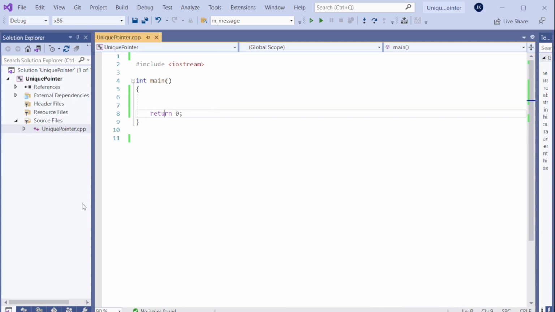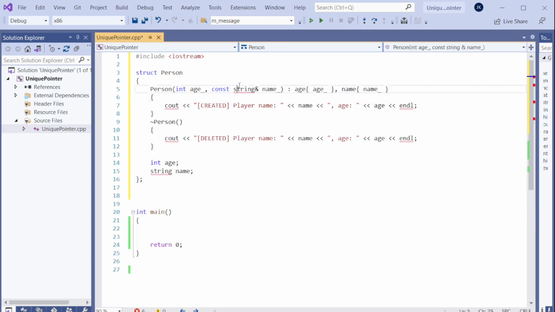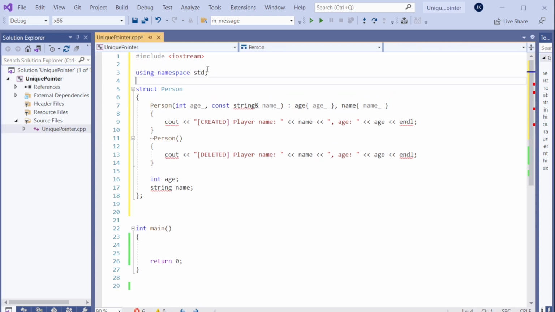Throughout this video, I'm going to use objects to allocate memory, so it's nicer. I'm not going to use integers or any floats because objects are more fun, so to speak. In the first lesson, I will be using a person struct to allocate the memories. So I'm going to create a struct here. I will explain this now. There's a person struct representing person data, like a person has an age and a name,